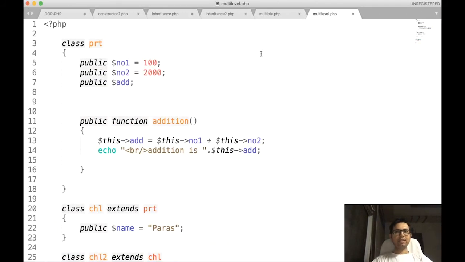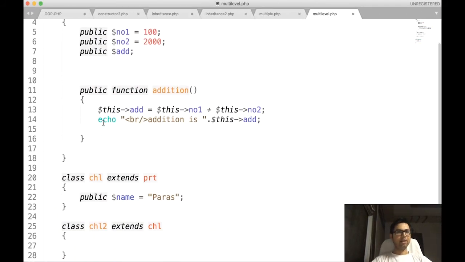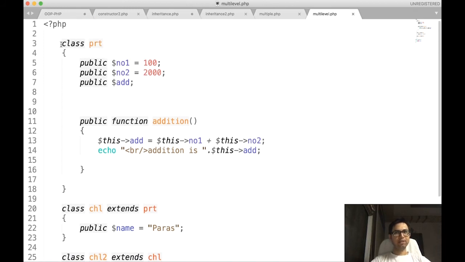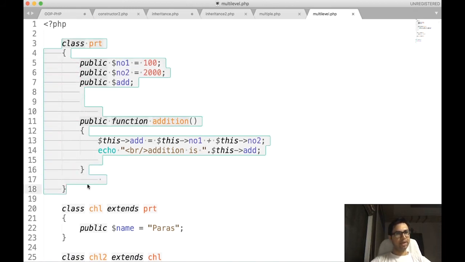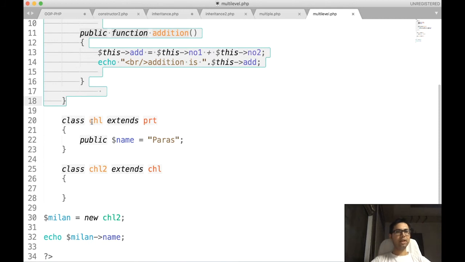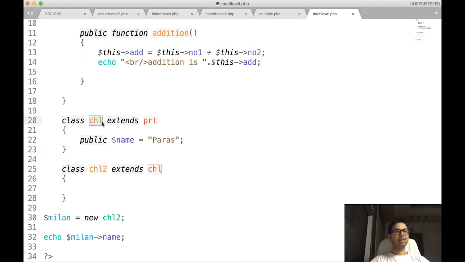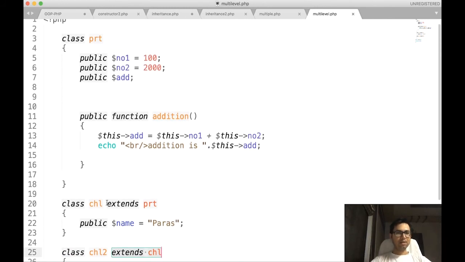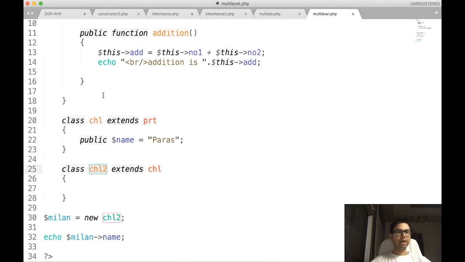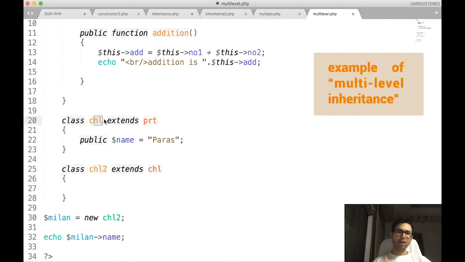Now let us see the example of multi-level inheritance. In this case, we created a base class, then a child class CHL which extends PRT. Next, we created another class CHL2 which extends CHL, that is, CHL extended by PRT and CHL2 extended by CHL. That is multi-level inheritance.